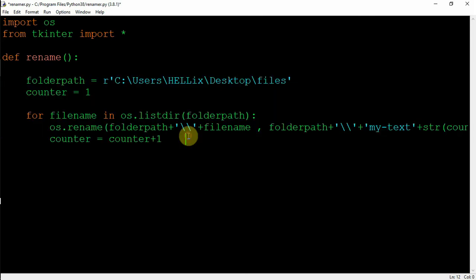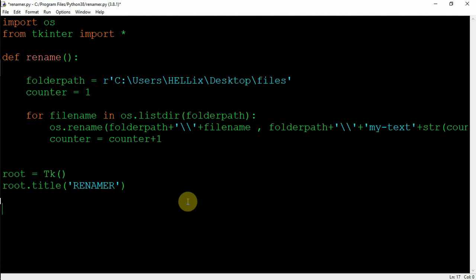Now after this, what you can do is ask the user over here. First of all, let's create a root window. Root equals Tk. This is my root window, and then I'll decide the title of my root. So the title of my root is, let's call it renamer itself, renamer, and then the main game starts. Let's not decide any dimension, it's already okay.